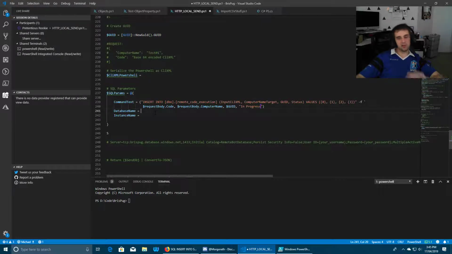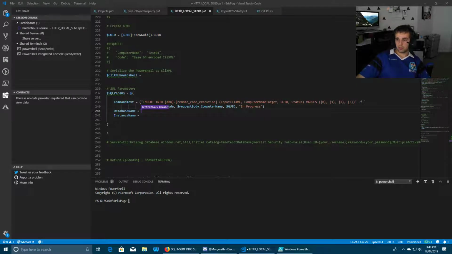So what do you reckon the database name's going to be? The database name would be what you set it over in SQL, right? In your SQL manager? Yeah, so what would it be? Remote bot database. That's what it's going to be. And that is obviously a string.